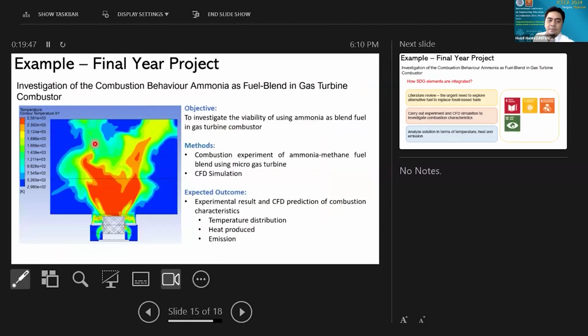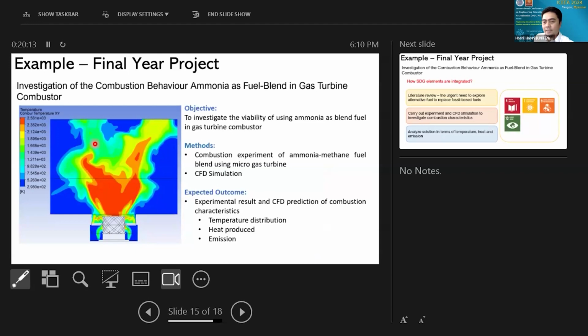Similarly, for final year project as an example, we have this problem on the investigation of the combustion behavior of ammonia as fuel blend in the gas turbine combustor. In this case, instead of using the conventional fuel, which produces a lot of CO2, we try to look at the potential of having a different kind of fuel that does not emit any CO2.